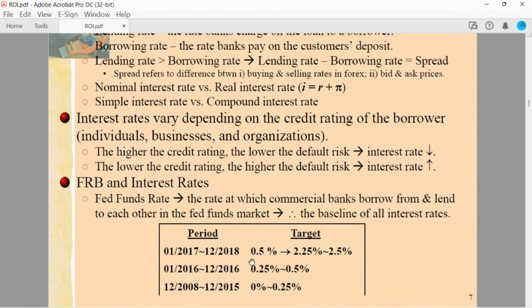So by 2018, there was even talk of raising the interest rate, by December it was like 2.5, and then I remember the Christmas of 2018